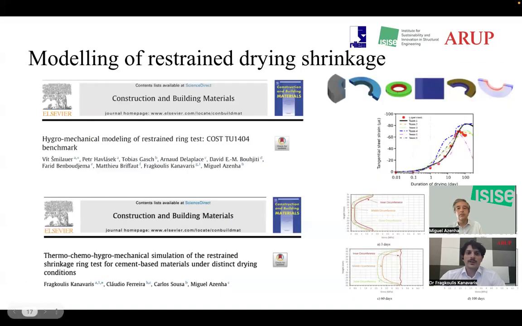The optimum numerical analysis should actually include thermal, shrinkage, and creep effects as restrained by boundary conditions. As part of a couple of studies modeling the relatively well-known restraint and shrinkage ring tests, it was found that appropriate selection and calibration of creep and shrinkage models is critical towards predicting cracking representatively and accounting for the effects of differential shrinkage that were previously mentioned by Miguel, and they are known to contribute to superficial or not superficial cracking in reinforced concrete structures.